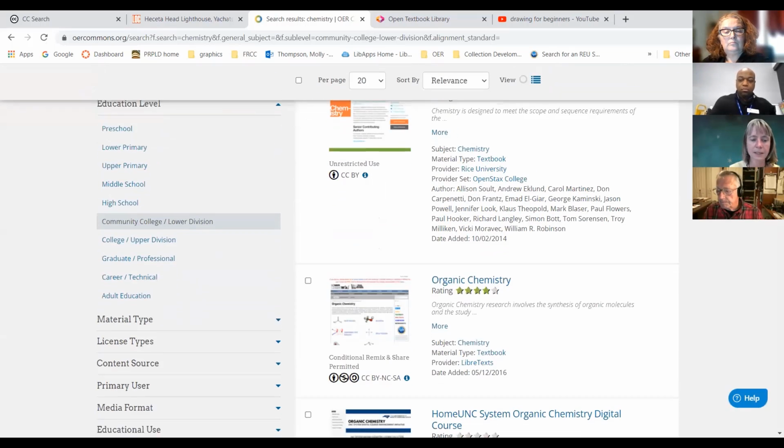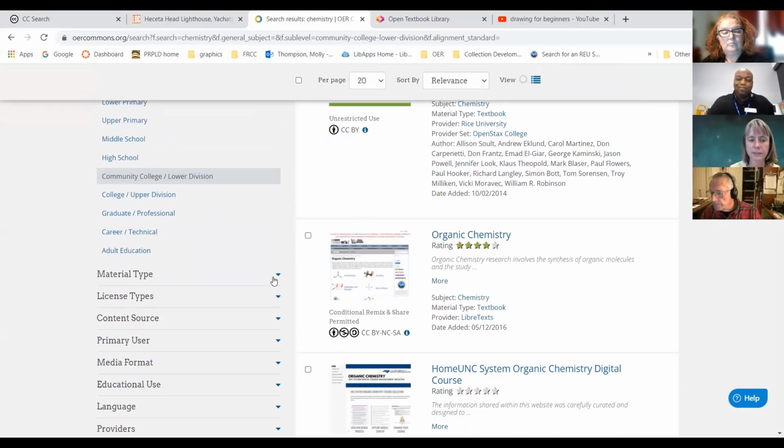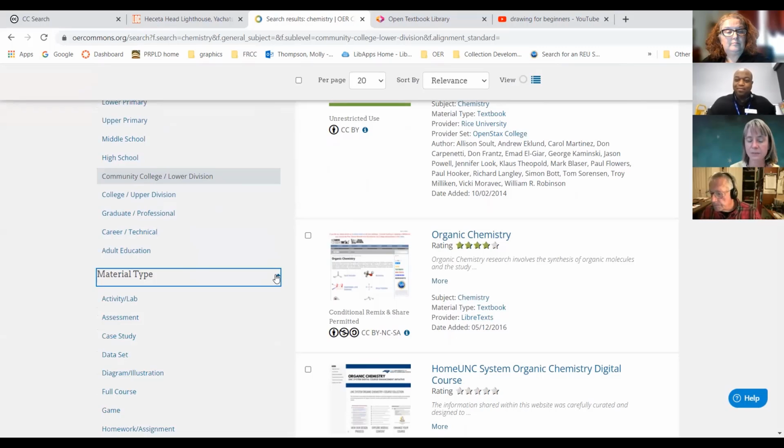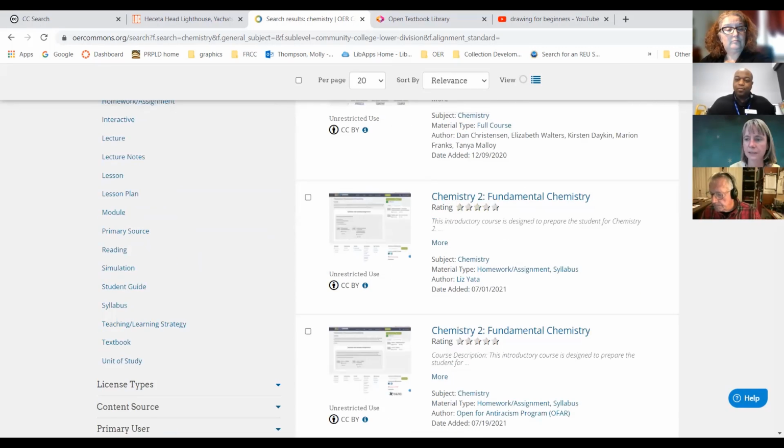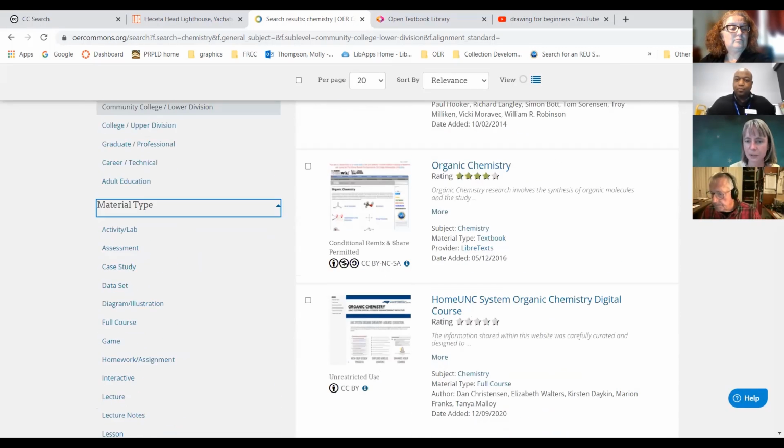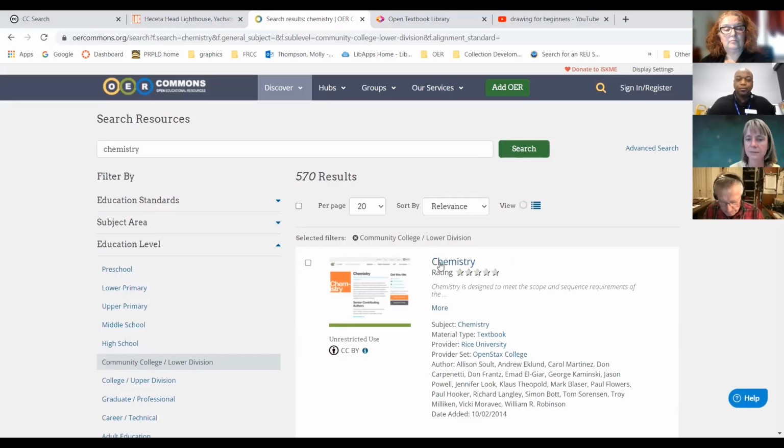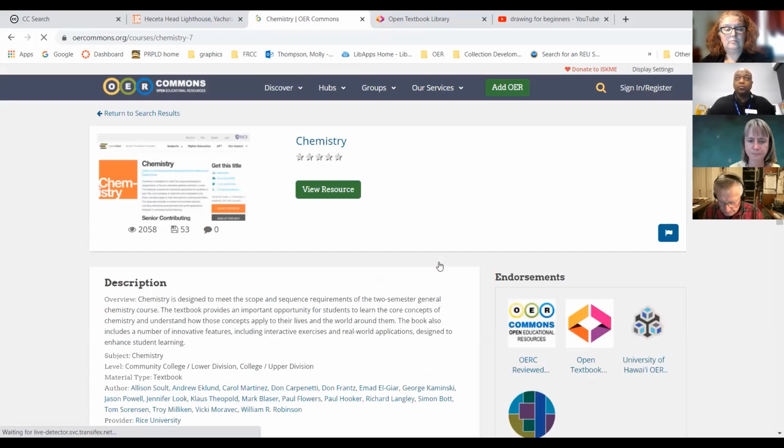And then again, on the left, you can drill down. They have material types. So maybe you're just interested in assessments or labs. You can find that, homework assignments, games. So it can get pretty specific on the type of material. So it's not just textbooks on the site. So if I was looking at this chemistry one,